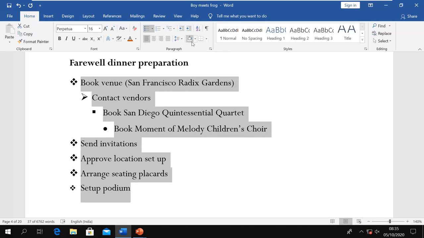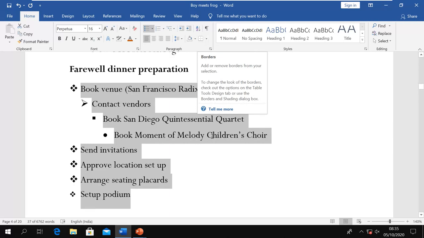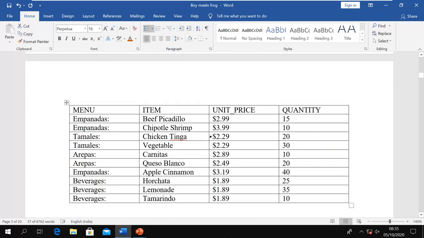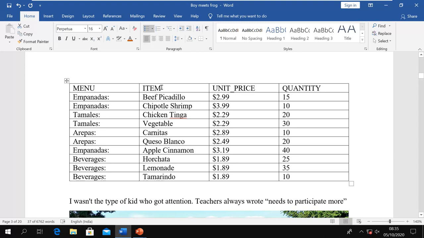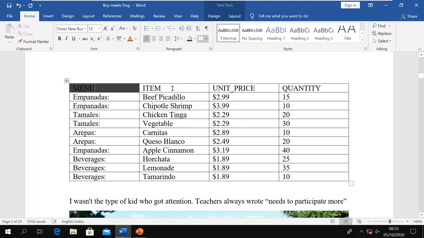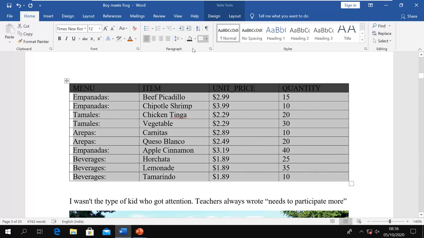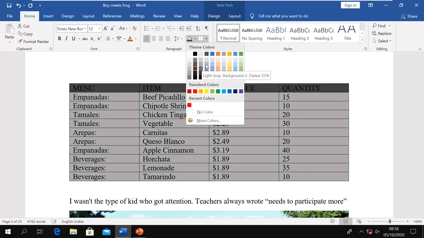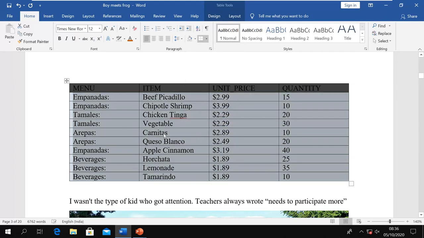Now these options, these commands, are basically related to tables. So if you have a table in your document like I have here, and suppose this is the heading of my table, I want to change the color so it looks different. So I can put my insertion point in this cell, and then I can go here and fill it with some color. It will fill it with these different colors. I can select all, and then select this color also, and then I can select the rest of the cells and choose another color. So now it looks good, it looks better.